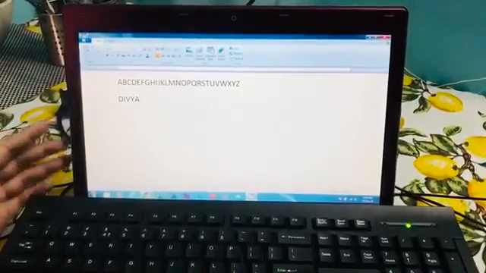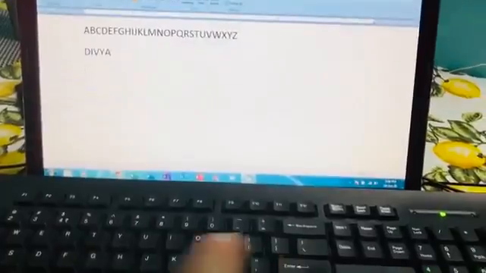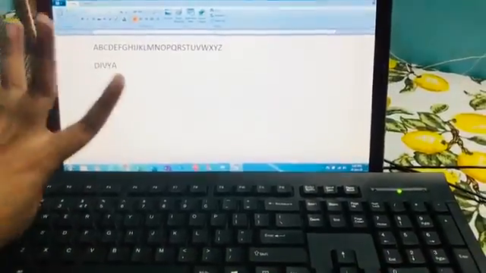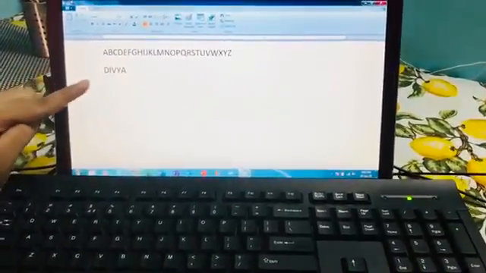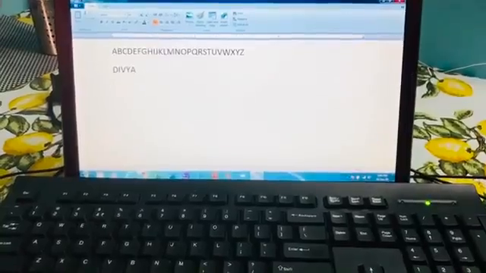So, what will you do? You will press enter and come in the next line. So, this is your third line. And over here, you are going to type your computer teacher's name.